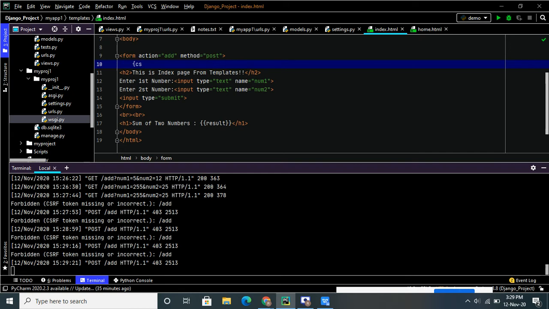CSRF means cross-site request forgery. So we have to use the CSRF token. I have to use csrf underscore token. This is the syntax.